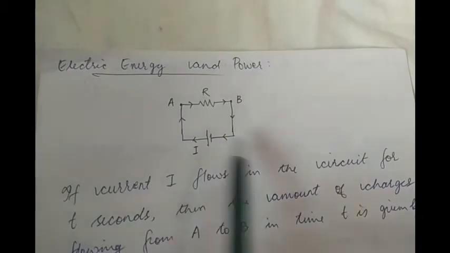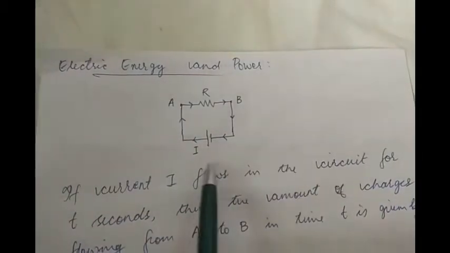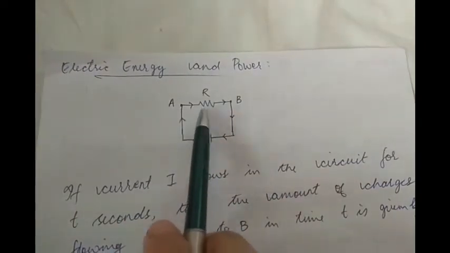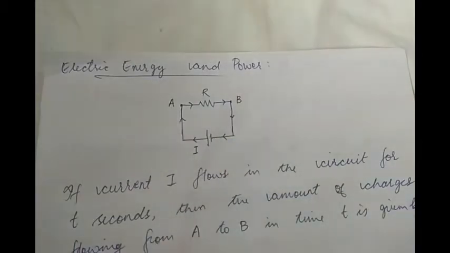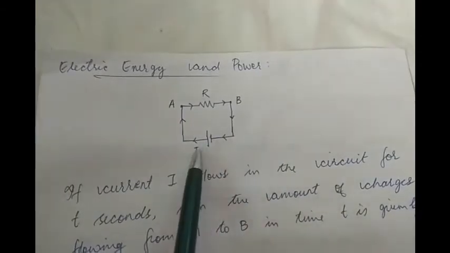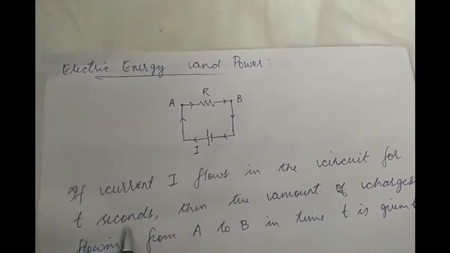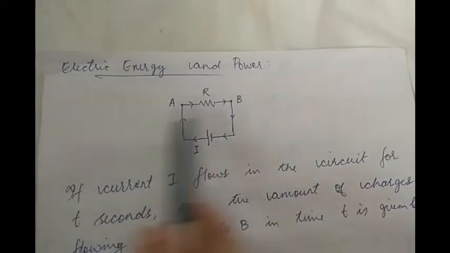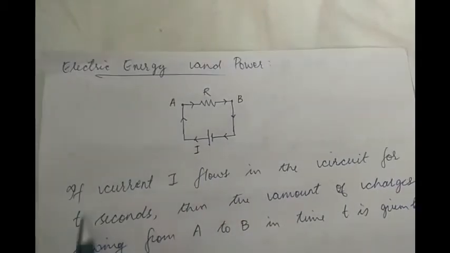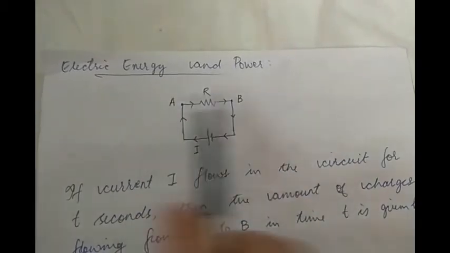Now see, we have a circuit over here, the simplest kind of electrical circuit. We have a battery, to which is connected a resistor R, forming a closed circuit. Say for example, current I is flowing through this circuit, and this current I flows for time t. Current I flows in the circuit for t seconds. When current is flowing, we know current basically is a flow of charge. So if current I flows for t seconds, then the number of charges being transferred in this circuit,